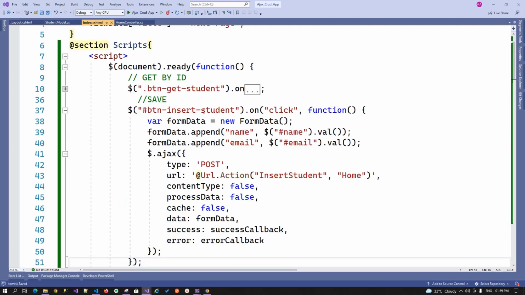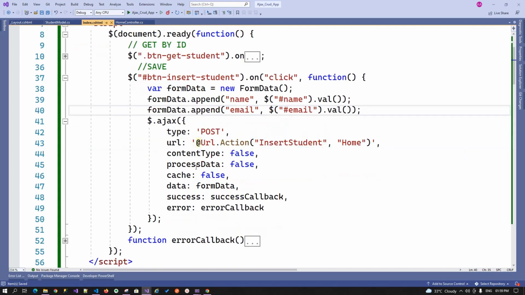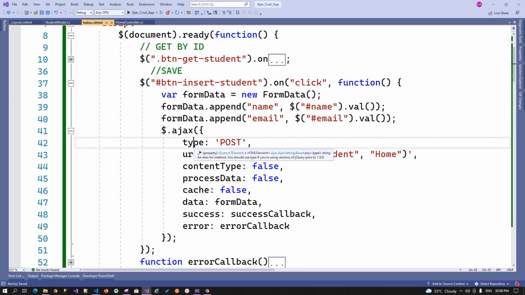So we quickly copy our click function. Let's try to understand what we have written over there. I define the click for the btn insert student button, define a form data, appending the form data parameters, name and the email that I want to post to the server. Then I make an AJAX call. If you carefully look at the AJAX call type, now it is a post instead of get, because we want to post something, and this is our URL insert student that we are just going to define in the home controller, and the rest of the